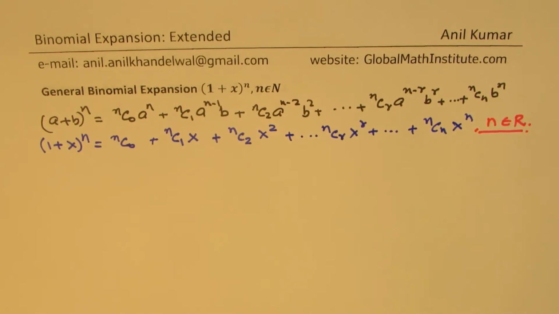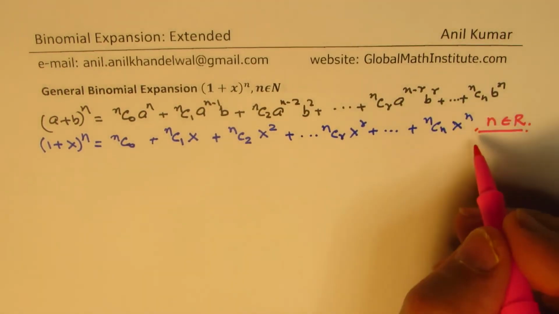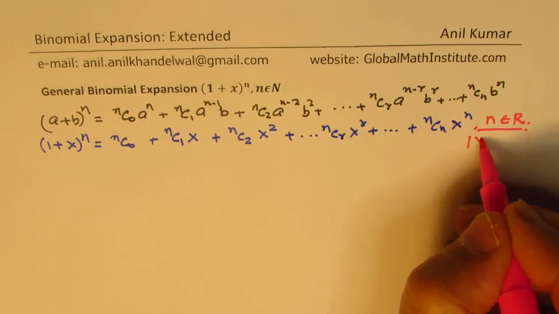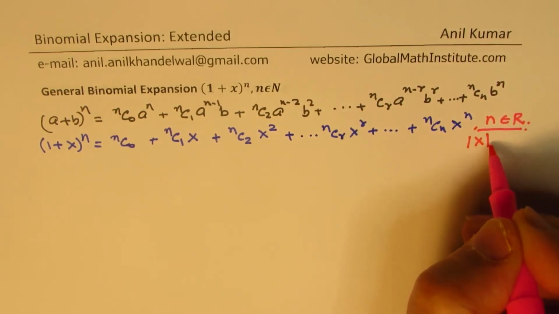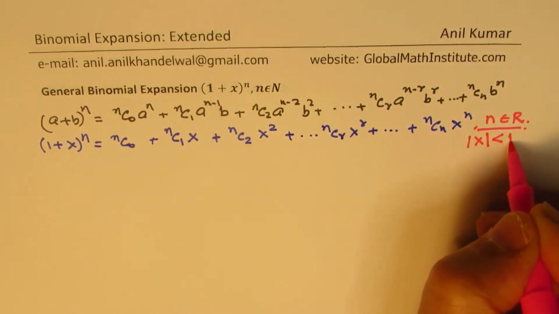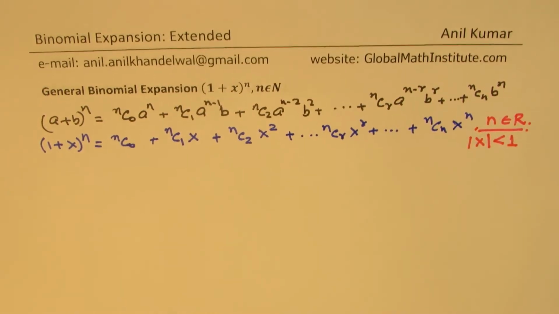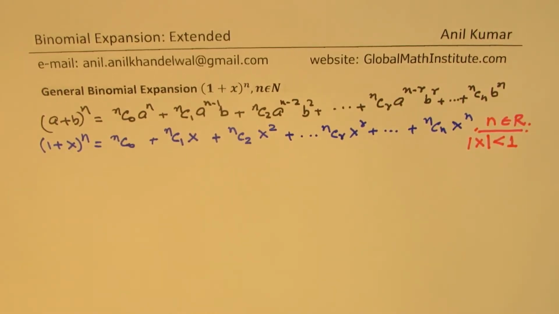The only condition will be that the absolute value of x in (1 + x) is smaller than 1. So that will be the condition when we can use the series (1 + x)^n as nC0,